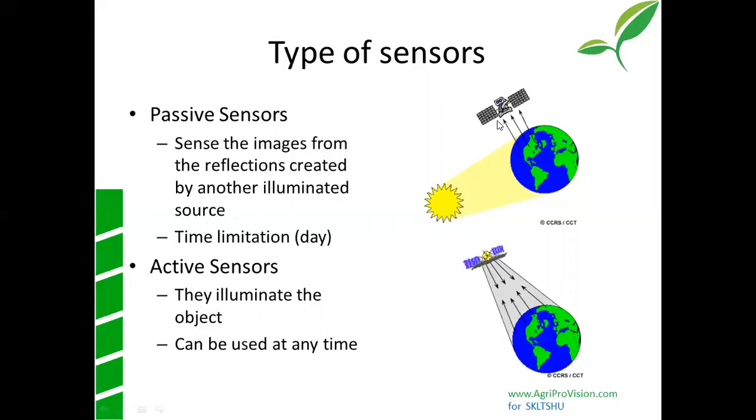Passive sensors basically need something like the sun to illuminate, like the moon. It needs the sun for its reflectance. So here you're getting the reflection from the earth, but the source of light is the sun, and then the sensor takes the radiation. But in the case of passive sensors, this is going to happen only during the day, because the sun is present only during the day, and the illumination happens during the day only. While in the case of active sensors, they also have their own illumination source, which sends the light and then it reflects back.